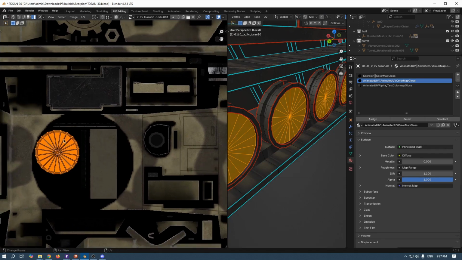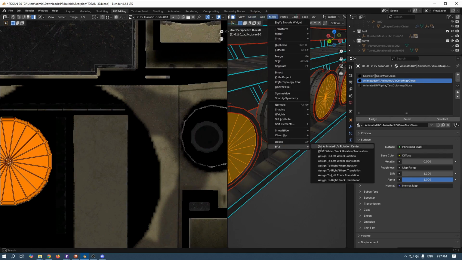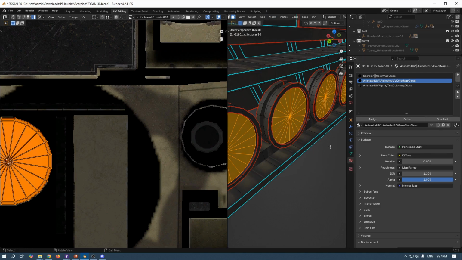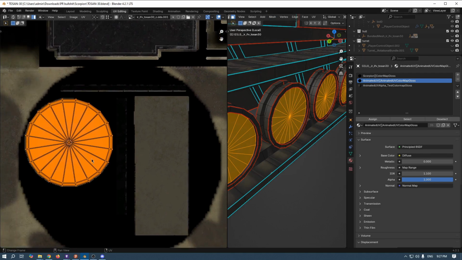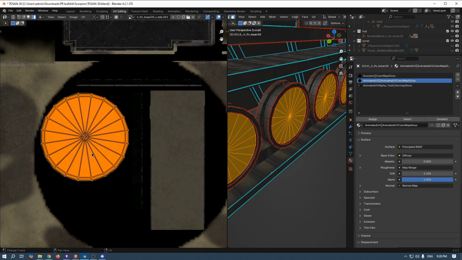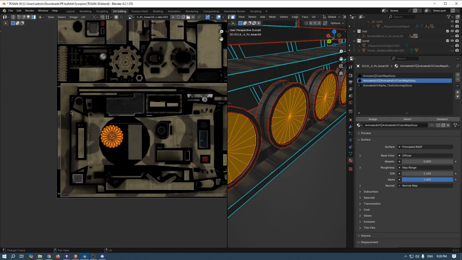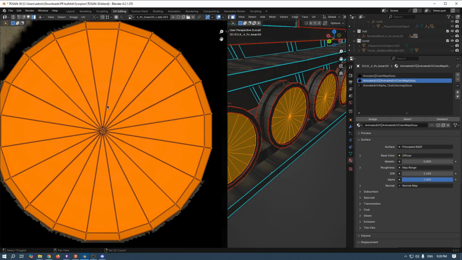While these are selected, you have to go to the UV tab, UV editing tab, and from the mesh menu here you have to set animated UV rotation center. This tells the engine around which point the UV islands should rotate. So what you have to do is select all the UVs that are assigned rotation, that are set to be rotated in animation, and then go to the UV sheet